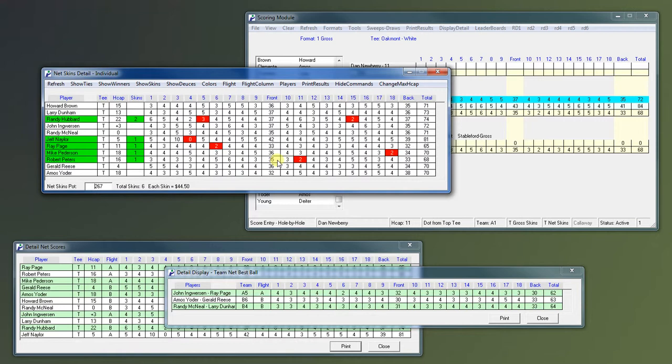Someone may come up to you and ask, why didn't my 3 or whatever on hole number such and such not get a skin? At which point you can say, let me show the ties. So I click, and this shows all the ties on each hole, so that you can show that, yeah, there were 2 3s here, there were 2 3s here, there were a number of 4s here that prevented a skin from being